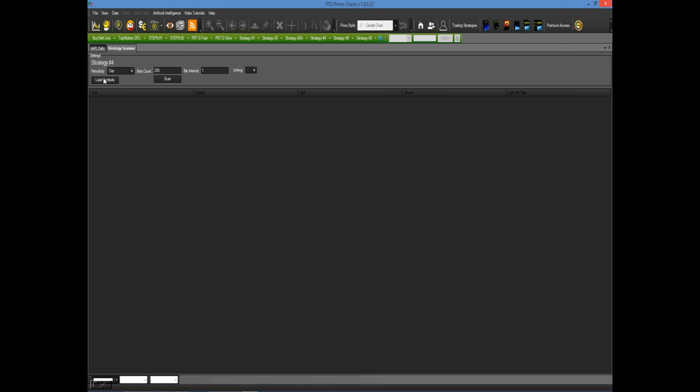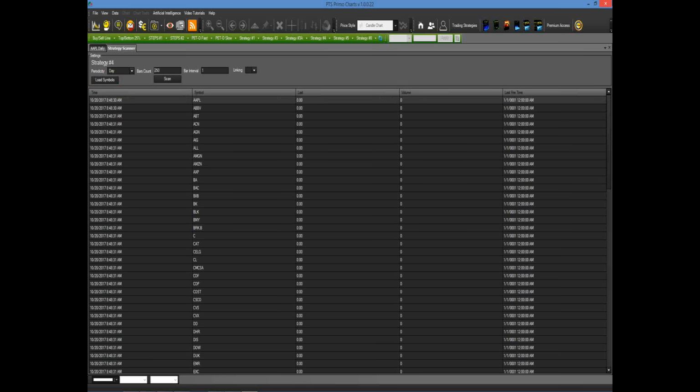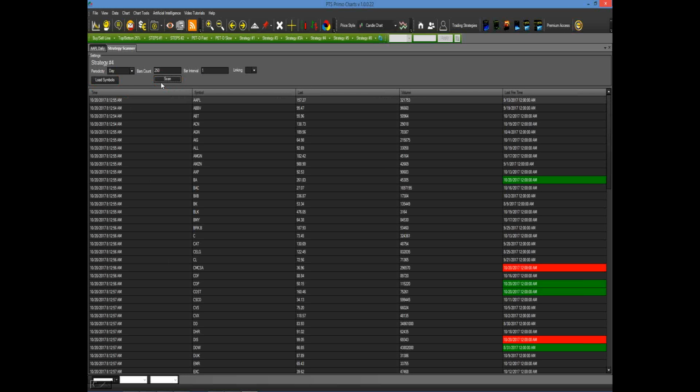You just click on Load Symbols, and we provide you with whatever symbol list you're looking for. This can be top ETFs, it can be S&P 100, it can be NASDAQ 100, it can be currency pairs, it can be a basket of stocks that you like to look at on a nightly basis, say like 20 stocks you're interested in. And in less than 30 seconds, you'll see a list appear, okay? Once this appears, then the only thing you have to do is click on Scan right here. Click this on, and it automatically knows to scan for strategy number 4 signals.